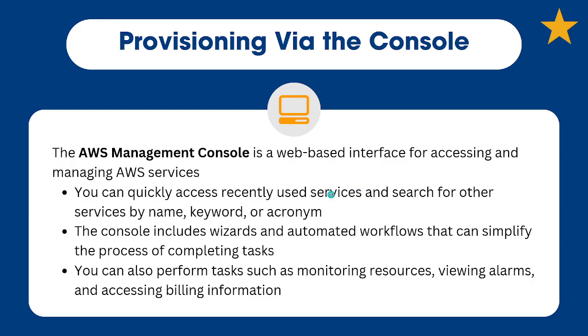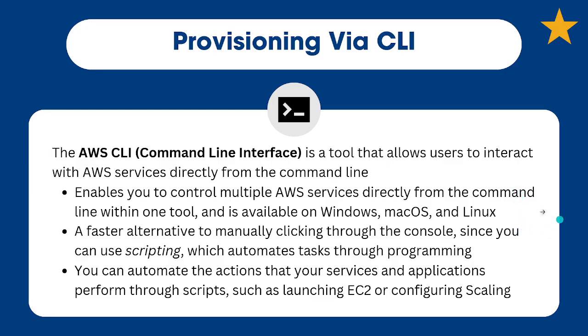So that was our previous. Although the management console is great for billing, maybe viewing and setting up alarms, it's not obsolete, right? It's still extremely useful, especially if you're in a smaller organization. But once you're trying to scale up, once you're trying to make things automatic, once you're trying to do things in a more clean cut way, you're definitely going to go command line. And I can tell you, working in a large development team, we did almost everything through the CLI. Of course, you're not going to become an expert on the CLI in this class. We're just discussing the different ways that actual operators might work with the AWS Cloud.